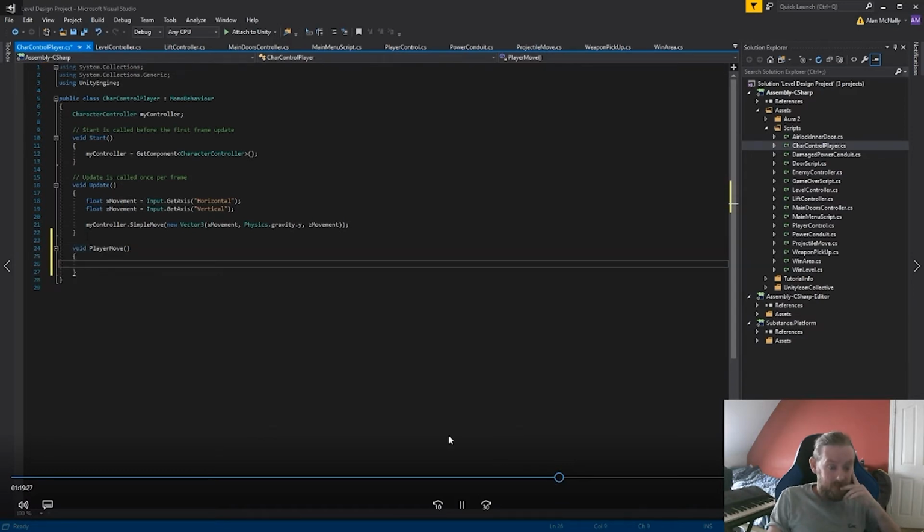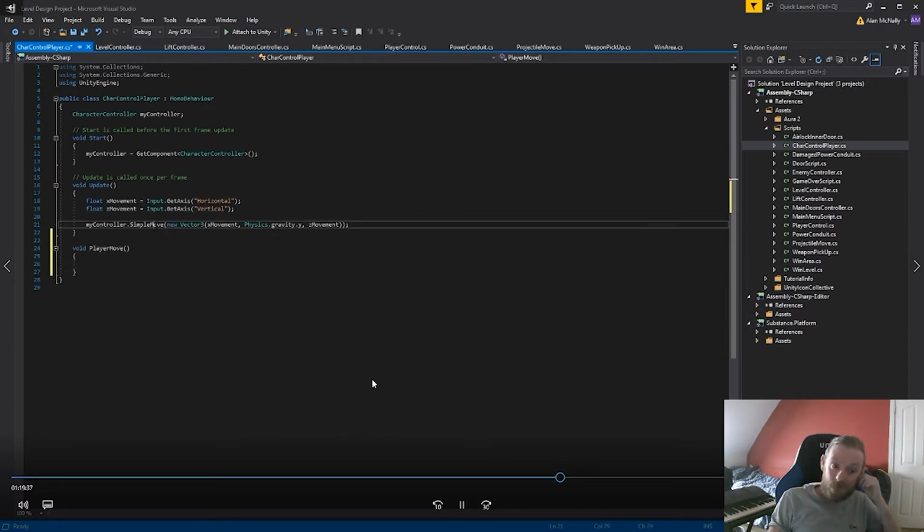So, okay, we're gonna do a void PlayerMove, and possibly just move all this into it. So SimpleMove is a part of the character controller component, I would guess. And we're moving